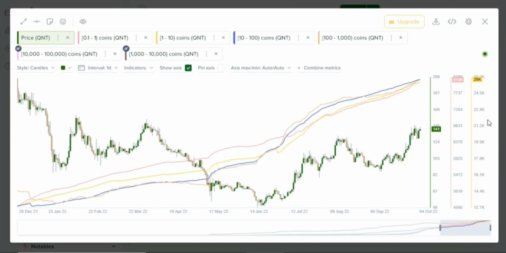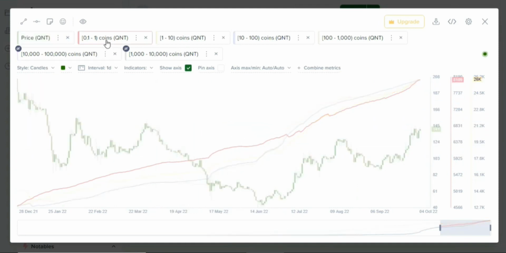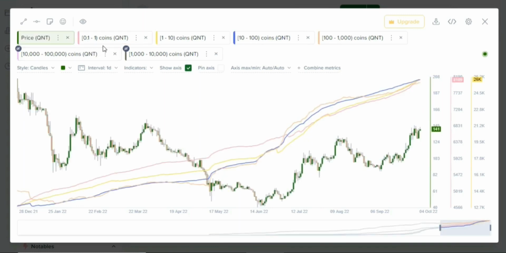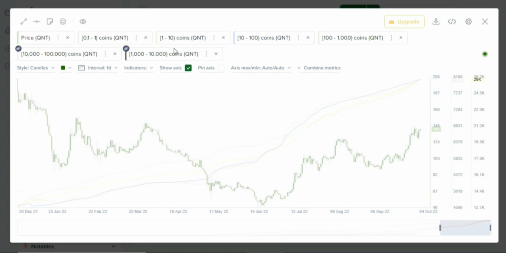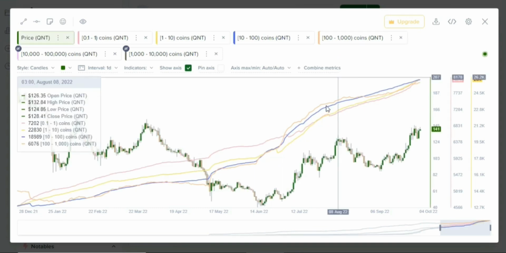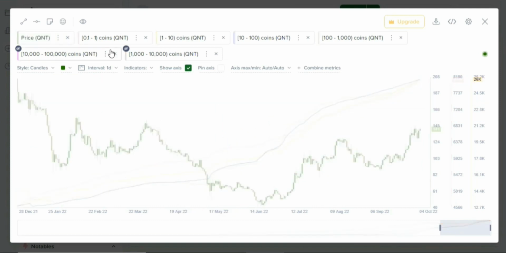Now on this metric, this is where it gets a little bit tricky. When you take a look at the price action and the holders of the tokens, the number of addresses that hold a certain range of coins, you can see where I'm clicking right now, the number of addresses holding 0.1 to 1 Quant coins is increasing. 1 to 10 is also increasing. 10 to 100 is increasing. 100 coins up until 1,000 coins, that number of addresses is also increasing a lot. So yeah, that's really nice to see, but